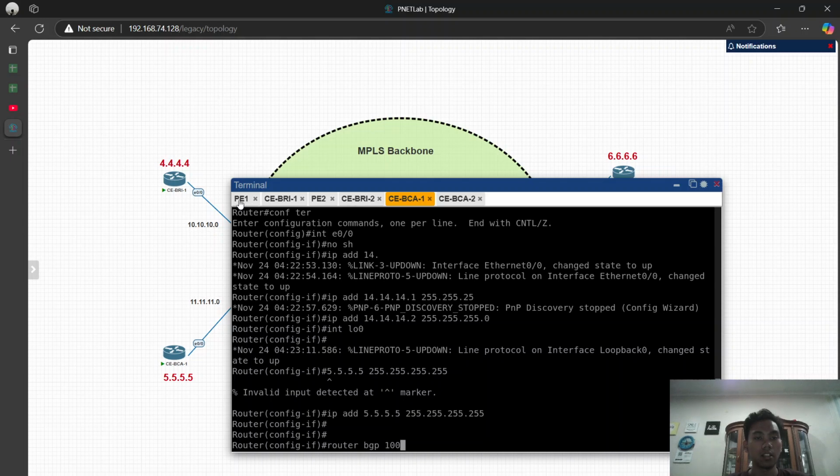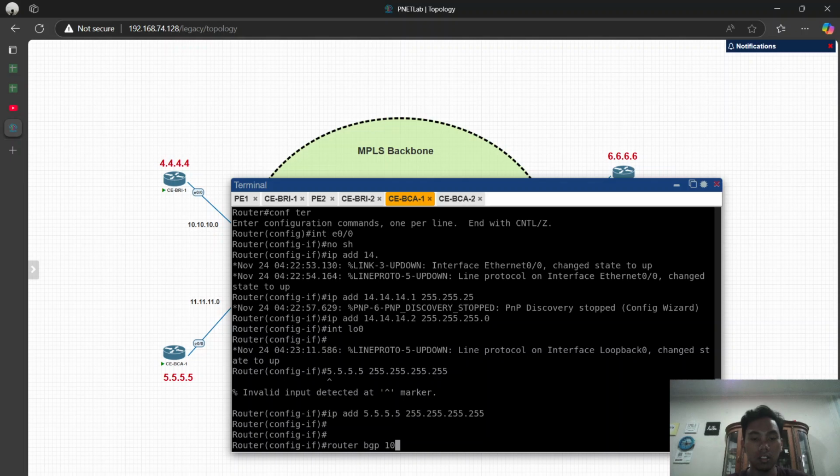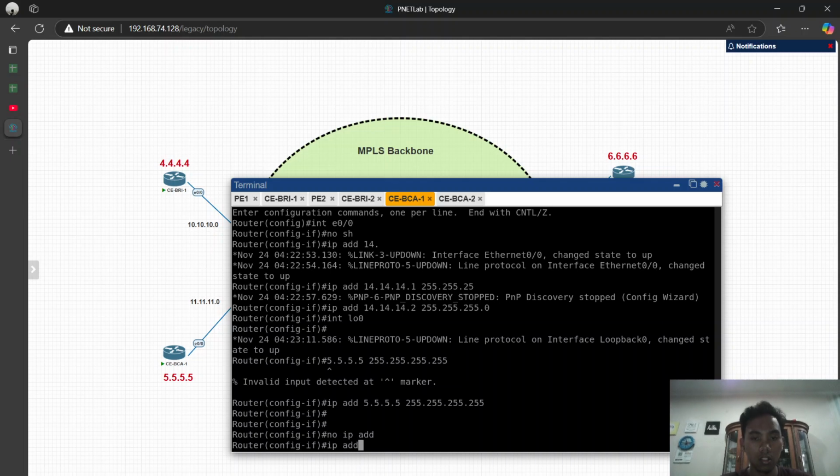Yeah, I mean in PA1 we set the neighbor 11. Oh, I'm sorry, I think I set the wrong IP. The IP address is 11.11.11.2 255.255.255.0.